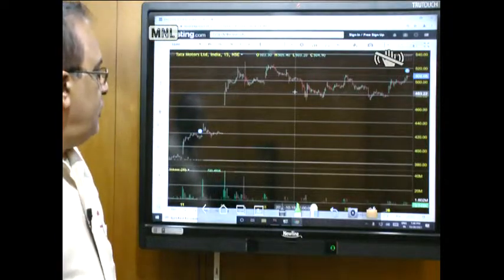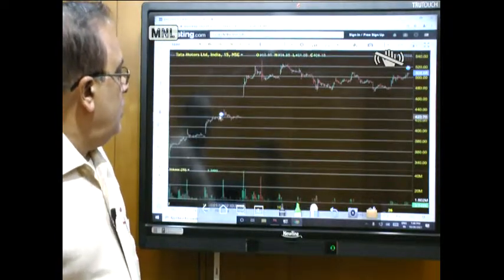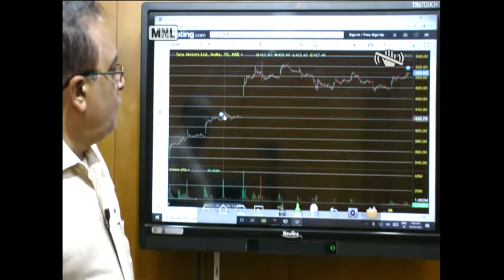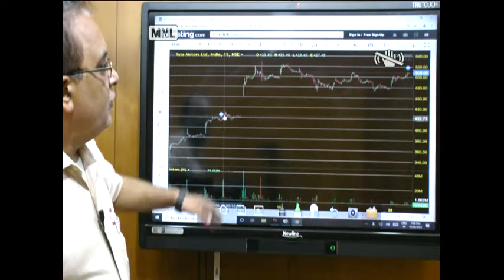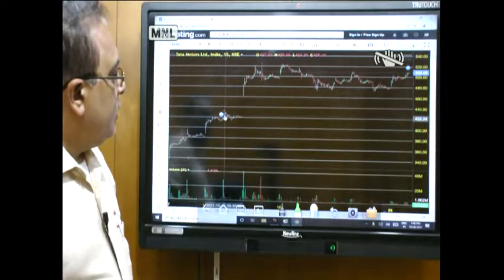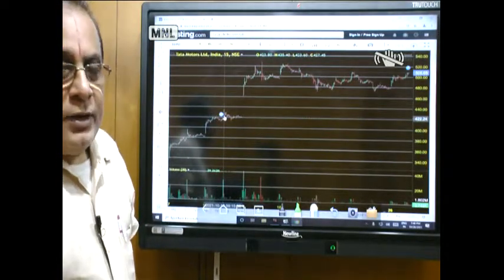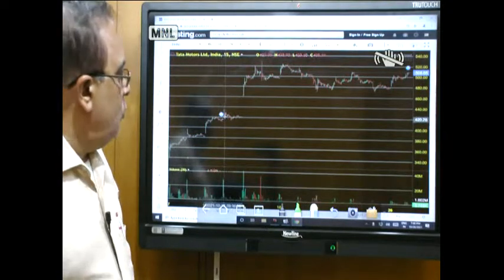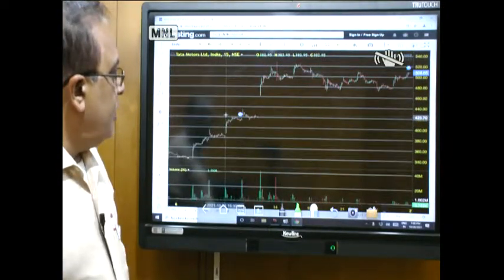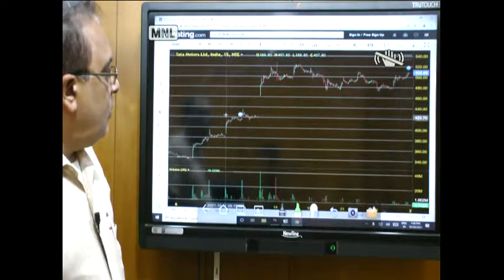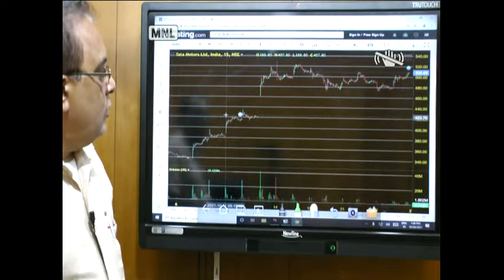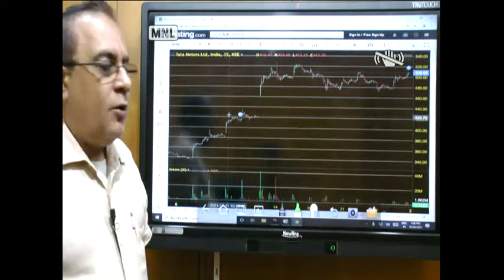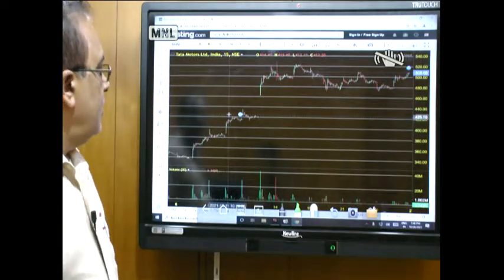So here also, if you see this day, the first 15 minutes is 423.80, 423.60, and after the 15 minutes it did not go above the high. It just started to fall below the low. So we didn't get any profit here. And on this day, if you went above the first 15 minutes high, keeping that particular low as a stop loss, we could have made some money there, right?